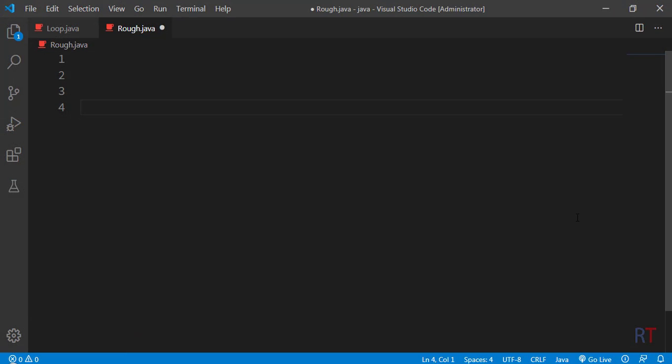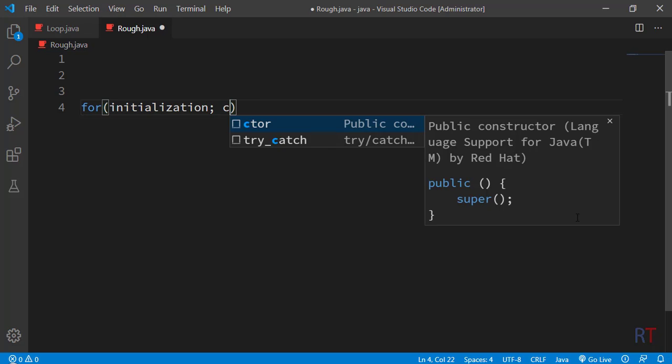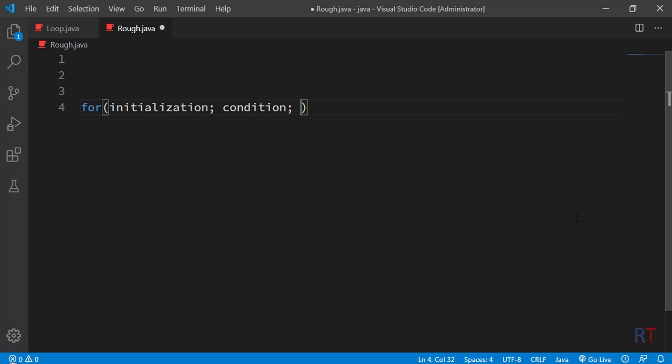The syntax of for loop is: first we have the for keyword, and then inside the parentheses first we have the initialization statement, and after the semicolon we have the condition statement, and after that we have the increment or decrement statement, and after that we write the block of code which is going to be repeated several times. The advantage of for loop is that all of these, initialization, condition and increment, decrement, are structured